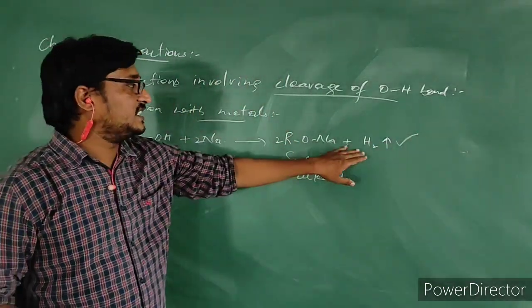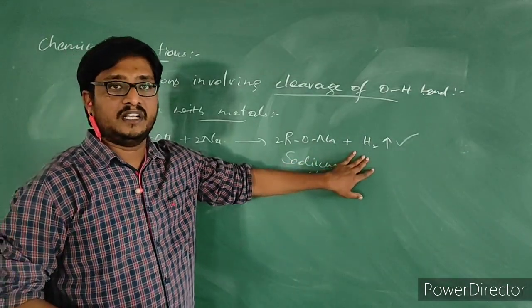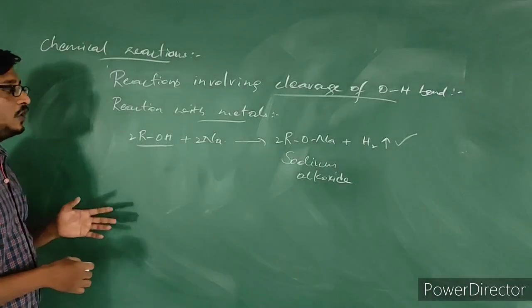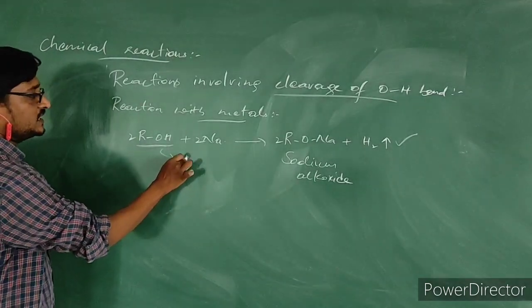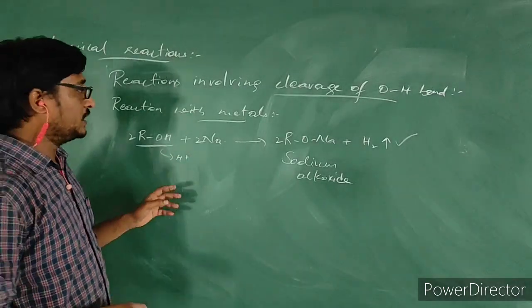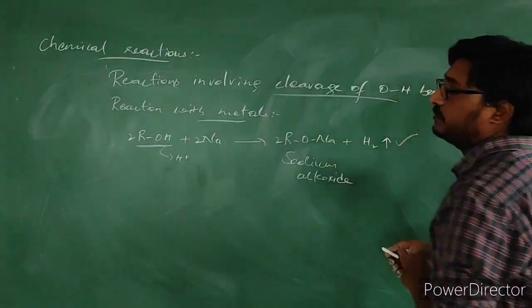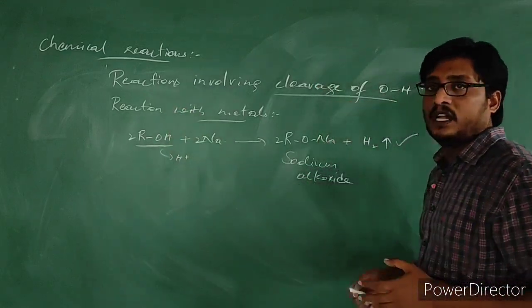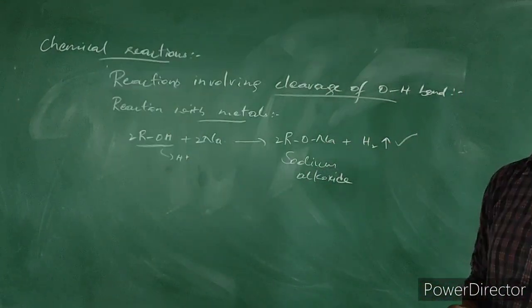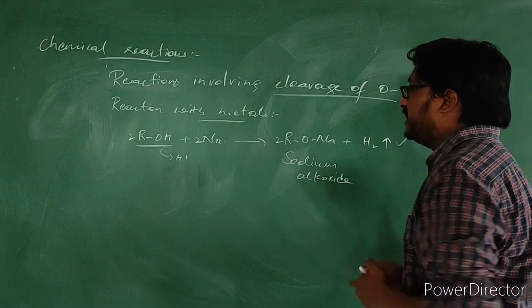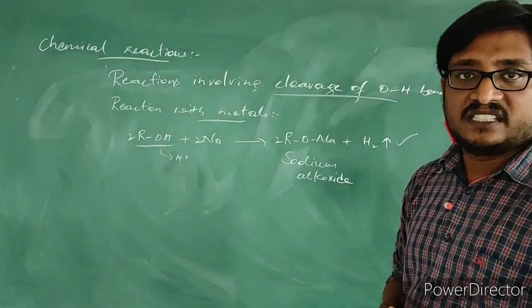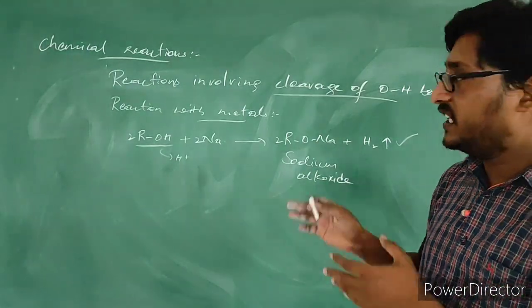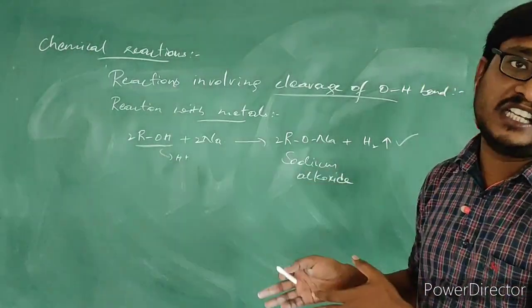From where is this hydrogen getting liberated? It is from the alcohol, ROH. It is giving the H plus ions. Since it gives the H plus ions, hydrogen gas is getting liberated. If H plus ions are not given by the alcohol group, hydrogen gas will not get liberated, no? So liberation of this hydrogen gas shows that alcohols are acidic in nature.